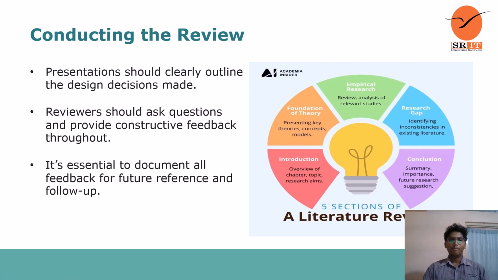conducting the review. Presentations should clearly outline the design decisions made. Reviewers should ask questions and provide constructive feedback throughout the review process. It's essential to document all feedback for future reference and follow-up. We can see in the literature, 5 sections of a literature review. We can see empirical research, research gap, conclusion, foundation of the theory, introduction, like that. Coming to the next page,